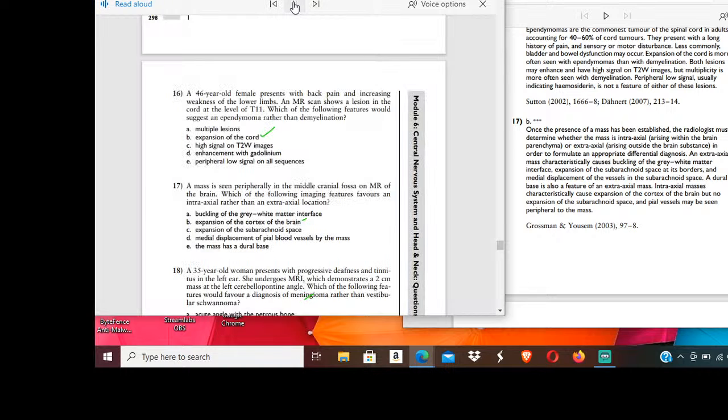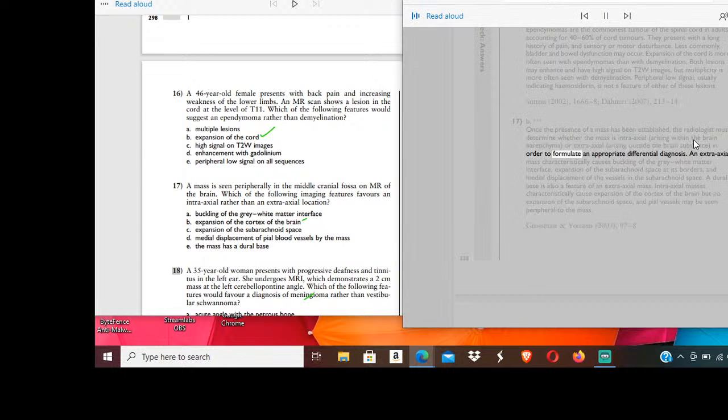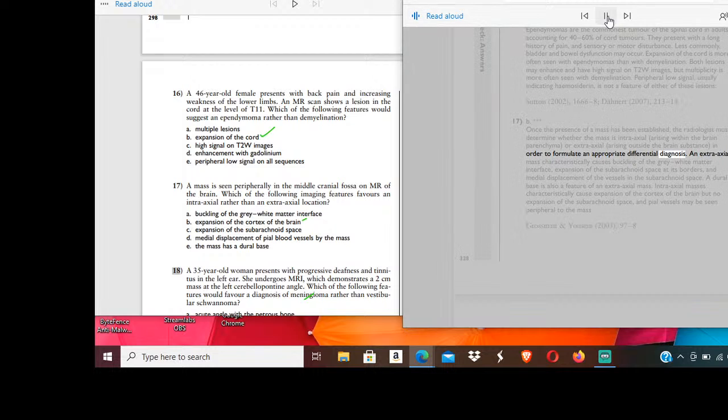A. Brain substance, in order to formulate an appropriate differential diagnosis. An extraaxial mass characteristically causes buckling of the gray-white matter interface, expansion of the subarachnoid space at its borders,